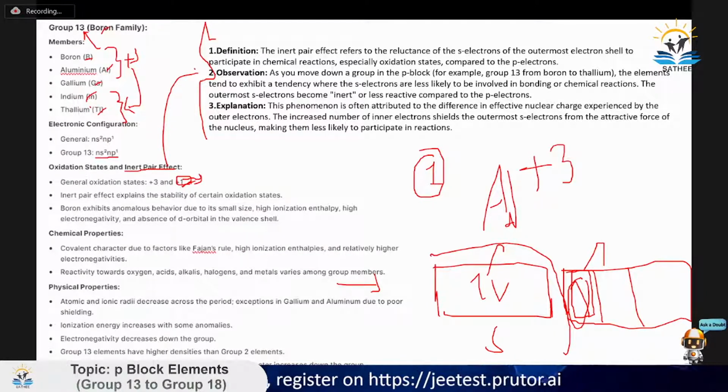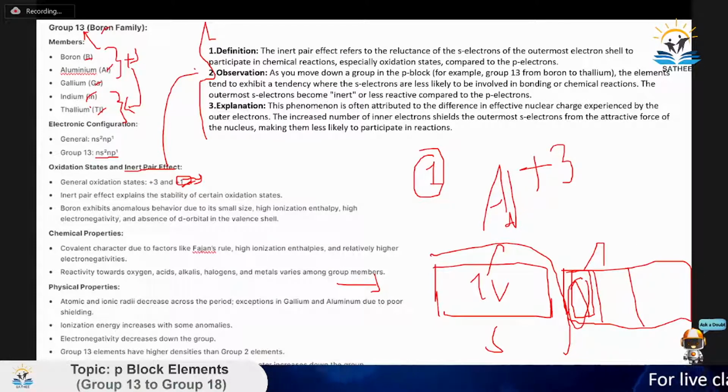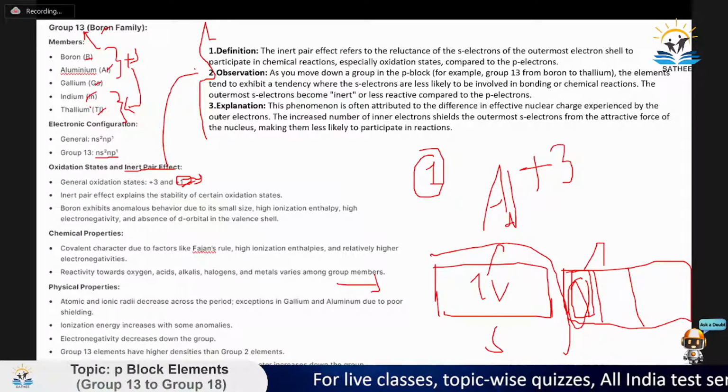As you go from boron to thallium, you will see that the s electrons are less likely to be involved. Why? Because of the difference in the effective nuclear charge, right? As we go down, the number of inner electrons increase, and from the attractive force of the nuclear